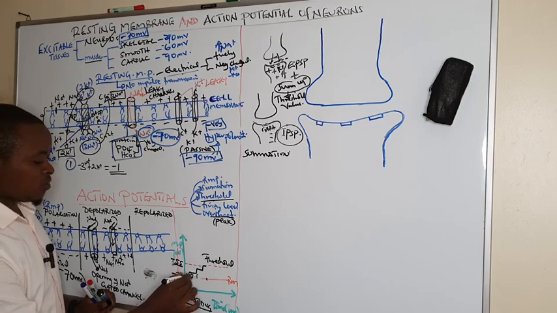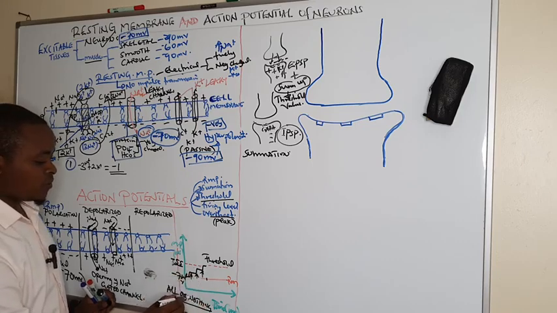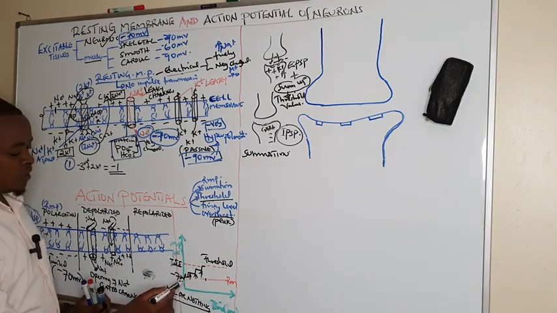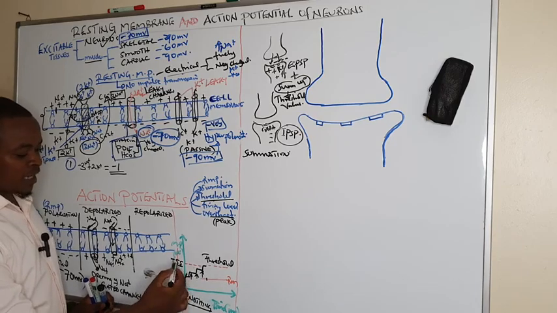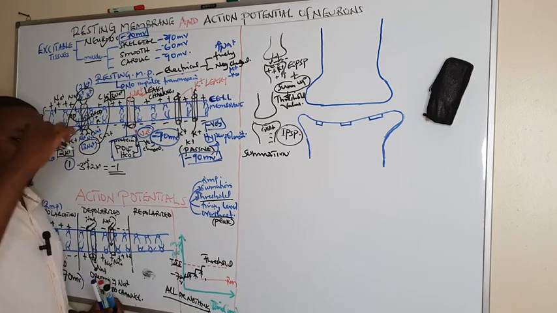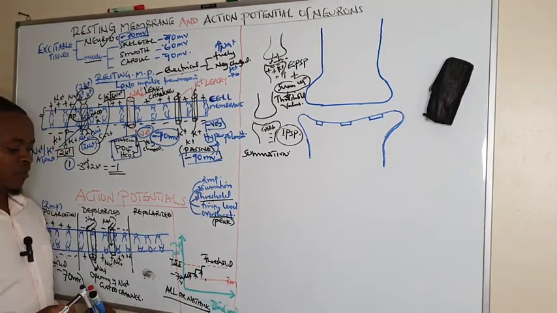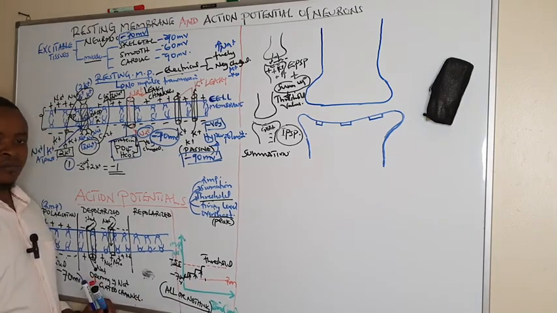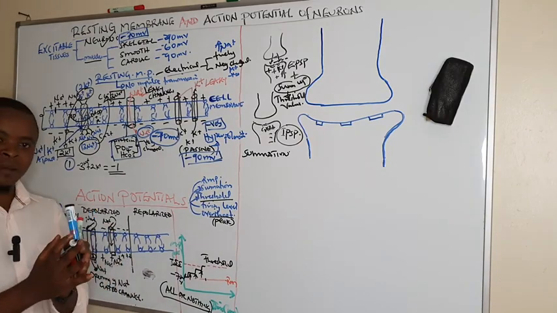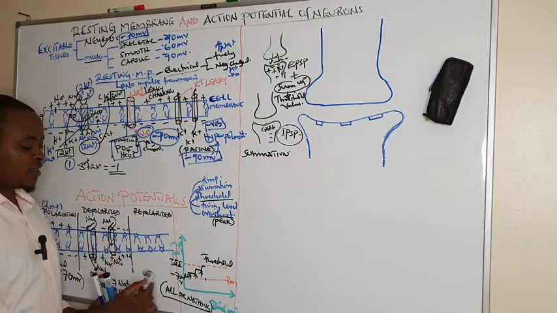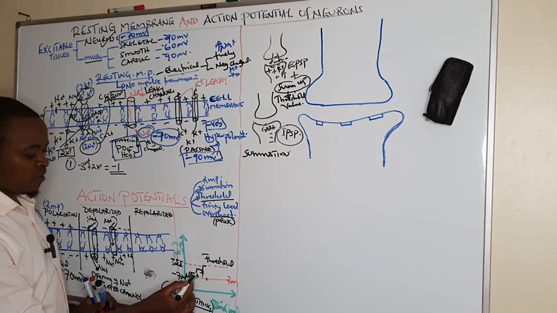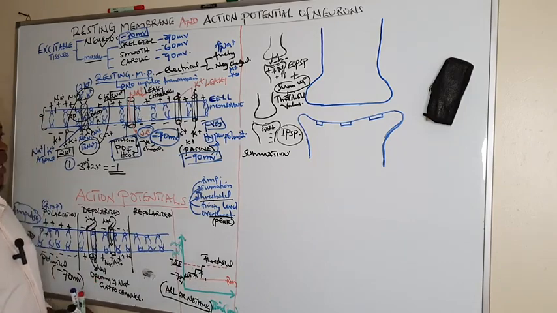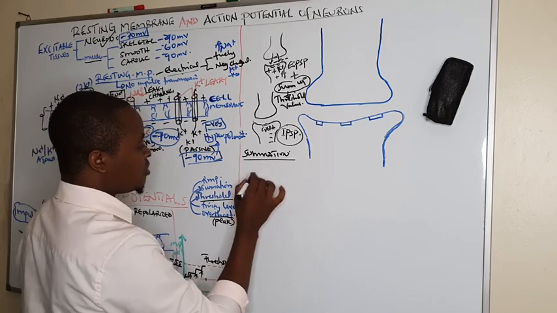So this is what we call the all or nothing law. The impulse should be able to excite the cell up to the threshold value so that an action potential can be fired. If not, then it is all or nothing. All: it should sum up to reach the threshold value. Nothing: if it stops at this level or at this level, an action potential cannot be fired. And the types of summation we have are